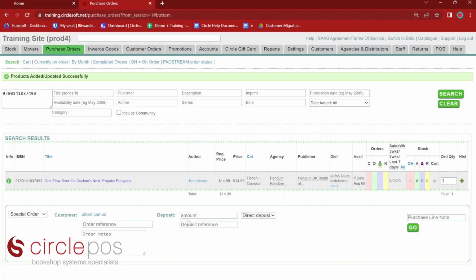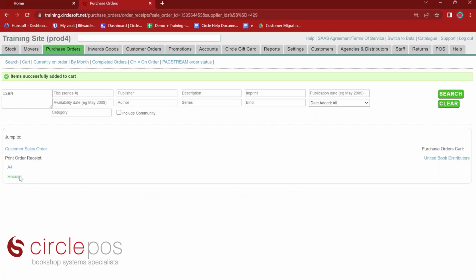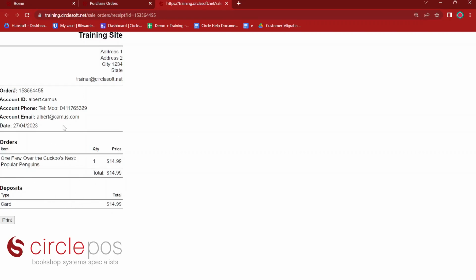We have the option here to add a deposit to this order if we want to. We can also put a reference in there as well. I'm choosing to add a full deposit to this book. All I'm required to do now is choose the payment method. I'm going to choose card and then I press go. This gives me the option to print off a receipt to the customer so they have something to walk away with,